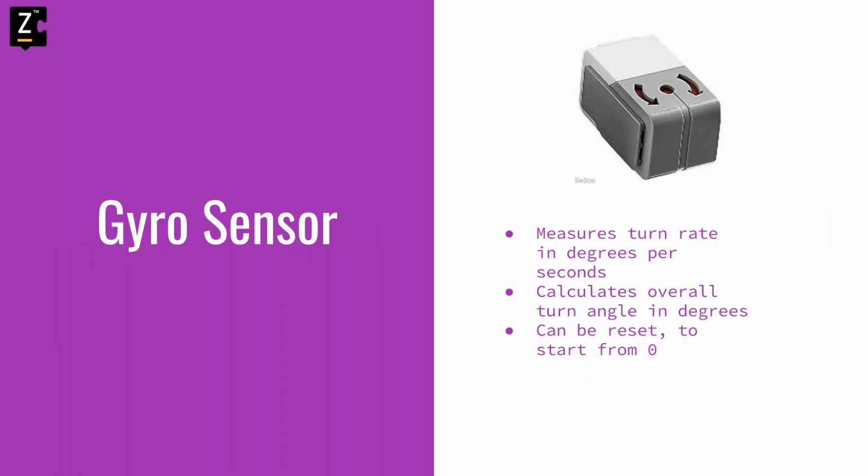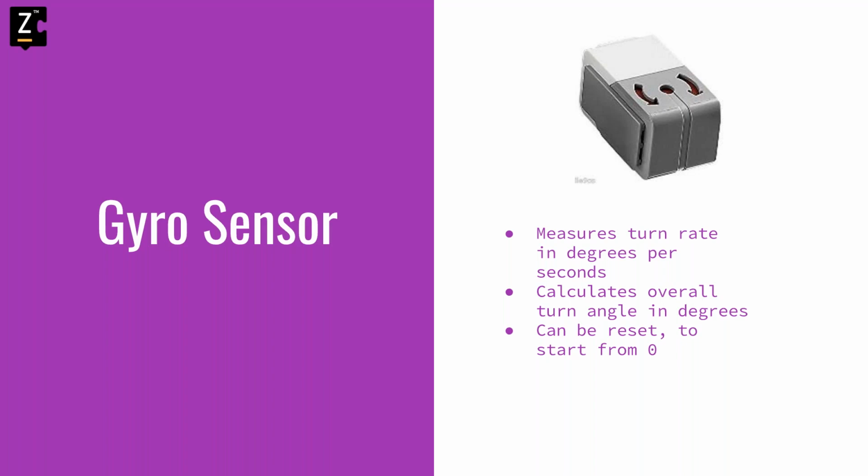Now we know that if a car drove for 1 hour at 60 miles per hour, it covered a distance of 60 miles. That is basic even without looking at the equations. If my second hand turned for 60 seconds at a speed of 6 degrees per second, I can calculate to find it turned 360 degrees in total. The gyro sensor does just that. It calculates the total degrees the robot has turned based on the turn